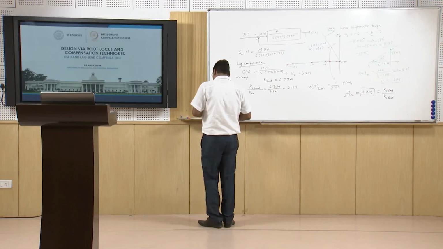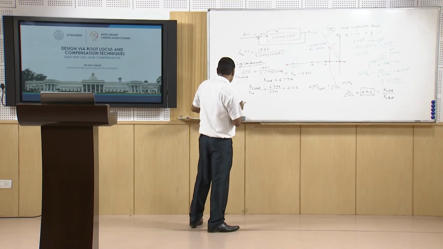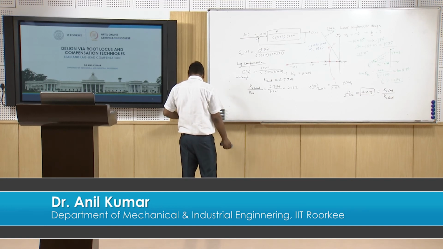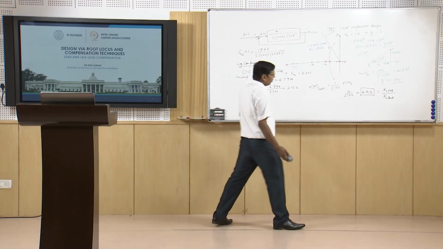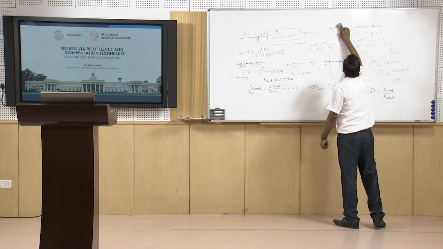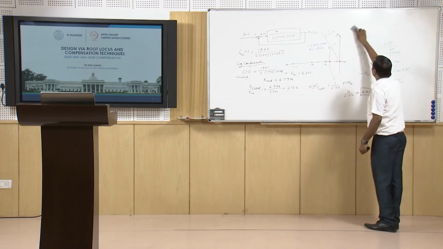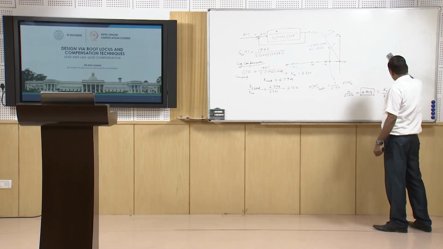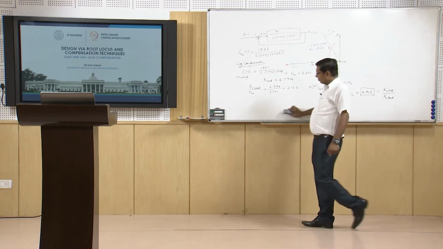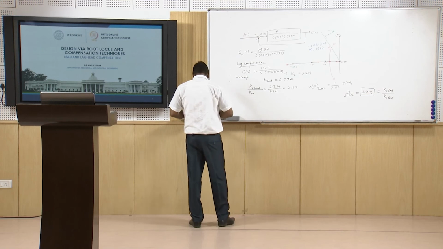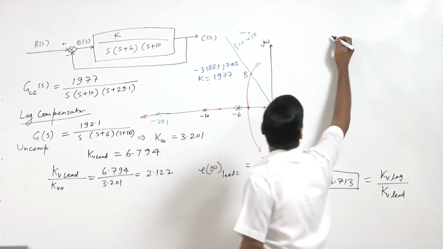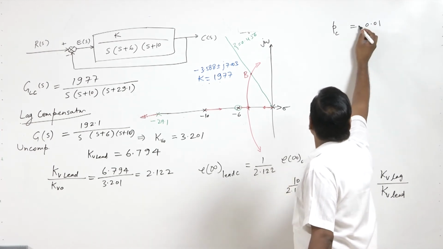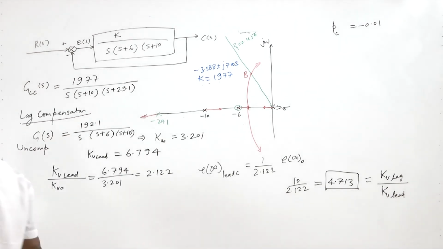So now when we design the lag compensated system, we will select the location of the pole near the origin. We know that to design the lag compensated system, first we select the pole at some position close to origin. So we select that pole at 0.01, that is close to the origin,